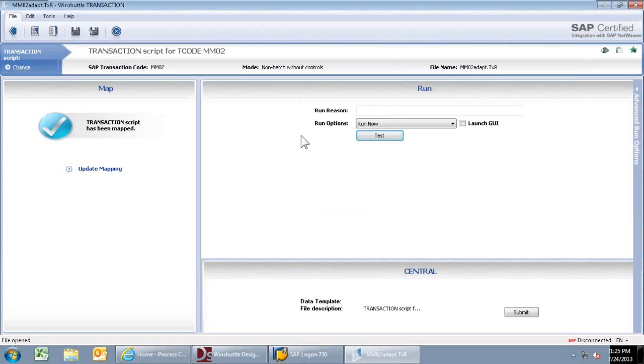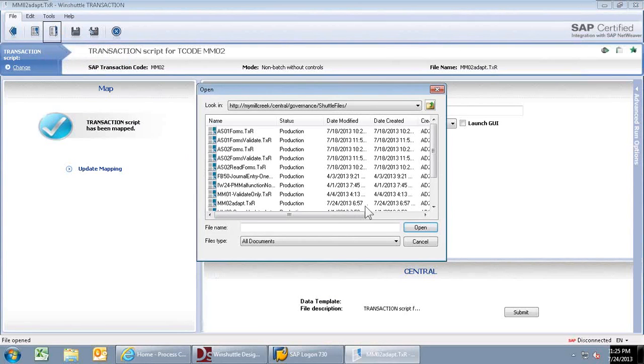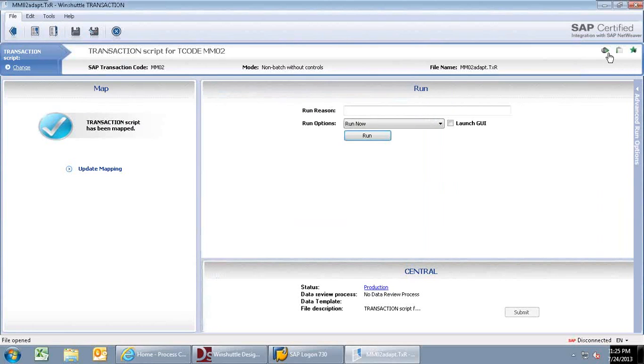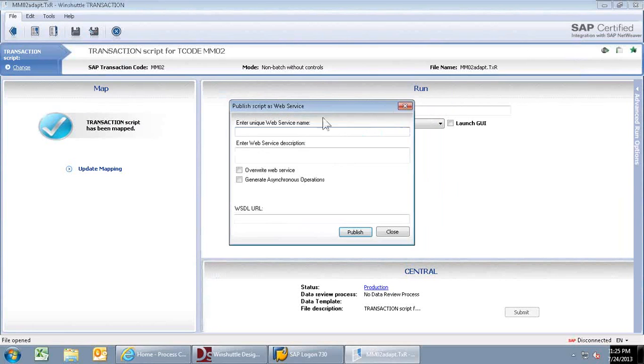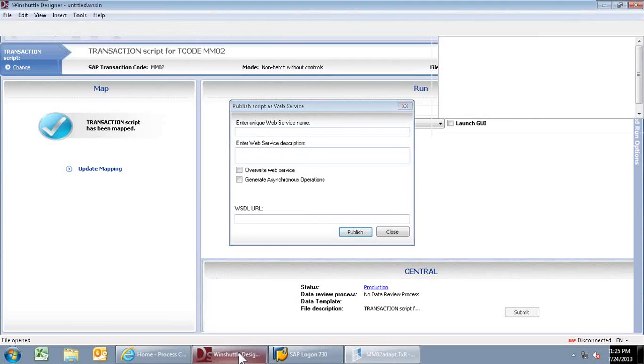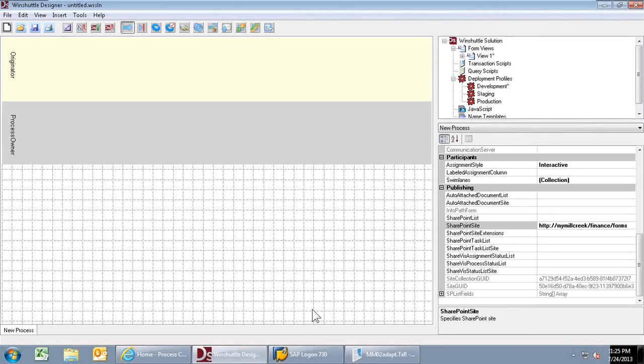And basically what you're going to see is, and I'll just open it in a production state. And so basically what you see here is the capability of publishing a web service. So we can give our web service a name, a description at this point, and then we'll publish it. All right, so once we publish that, we're ready to take that transaction and to design our form and our